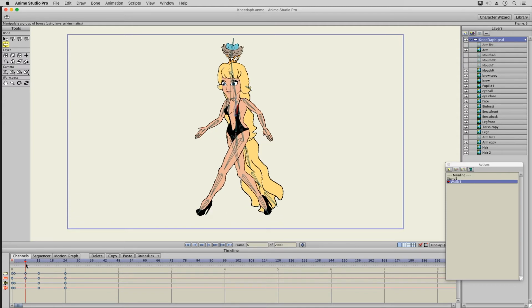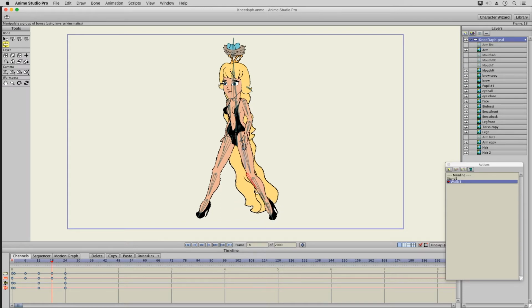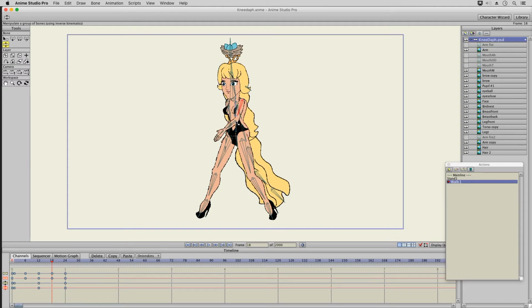Now this one will be this way, and it looks a little rough with the animation now, but once I go back in there and fine tune everything, it'll look better. So with the hair, I can just move that there, and then this I'll move forward for her arm, bend it a little more, and then